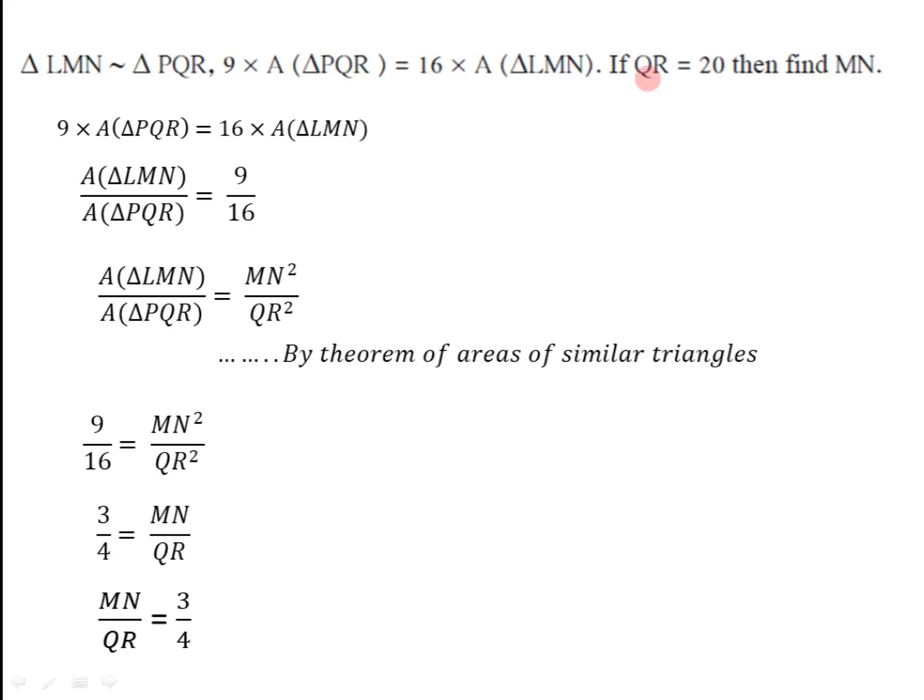So here the value of QR is going to be 20. So if we replace QR here by 20, we get MN divided by 20 is equal to 3 by 4. So on simplifying, if we take 20 to the right hand side, it will be in the numerator. So as to get MN is equal to 3 by 4 into 20. If we divide 20 by 4, 4 5s are 20. That's why we'll get in the numerator 5. So 5 into 3, that's 15. So we get the value of MN as 15. That is, the length of segment MN is 15 units.